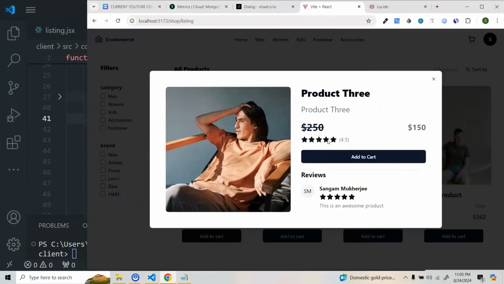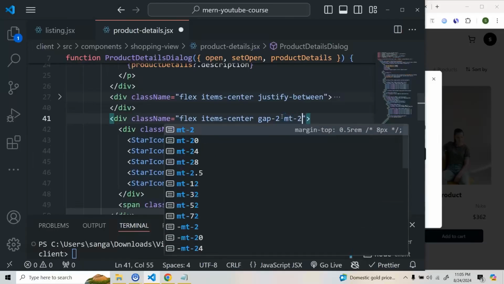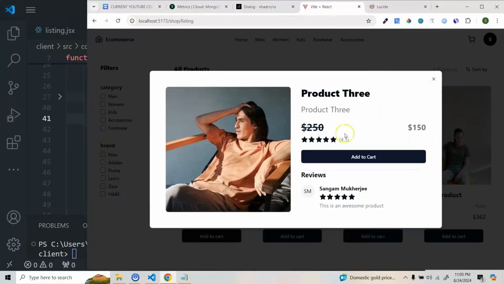If I save this, we are getting this product also, and for this one we'll take a margin top of 2. Awesome, right? This is looking good now. Okay, so this part is definitely static, but we are going to implement it if we have time for this one. All right,